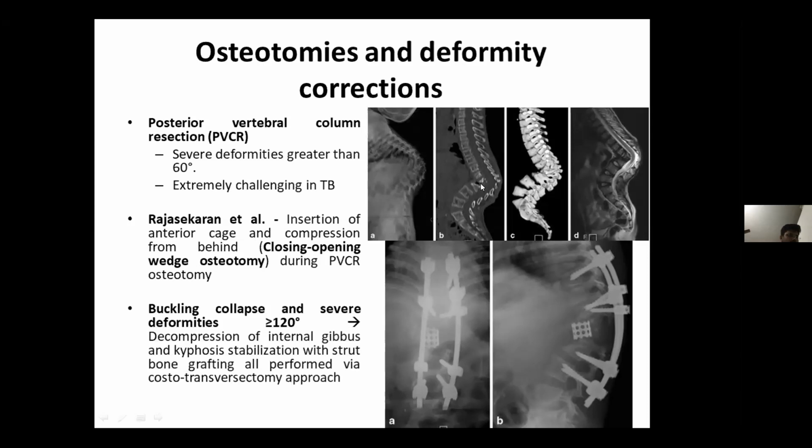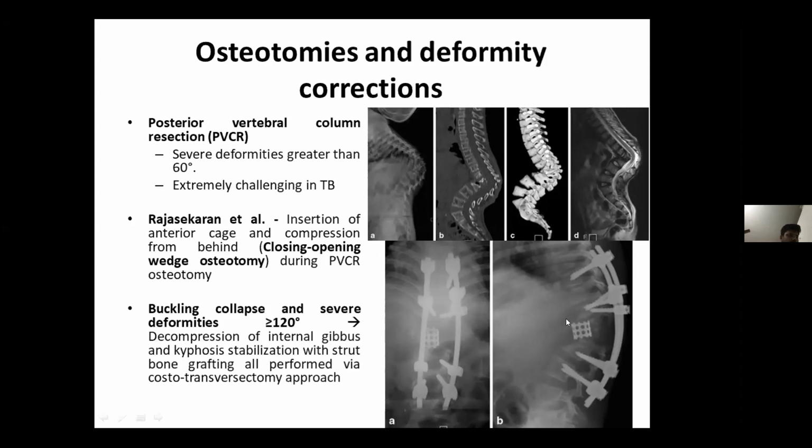Basically, the concept of this osteotomy is that there is a significant deficiency of the anterior vertebral column, and when we do a 3-column osteotomy with the PVCR, we shorten the posterior column definitely, but what happens is the anterior column also goes on to further shortening. So that leads on to further buckling or kinking of the spinal cord that can cause more deficits. So by this approach, they actually describe